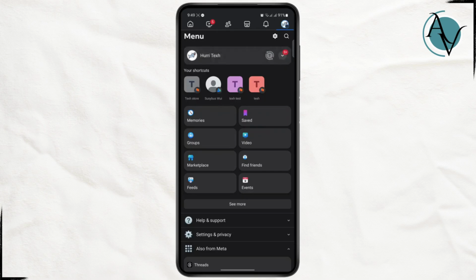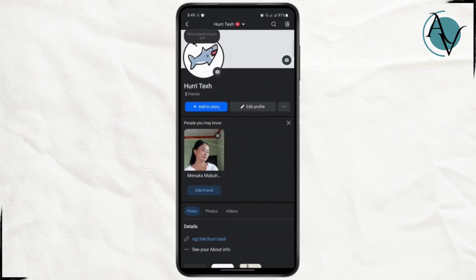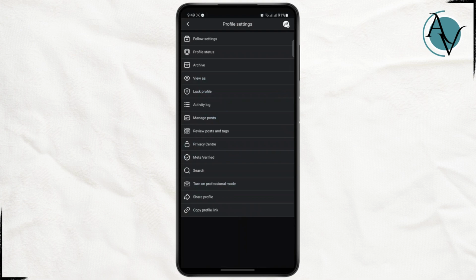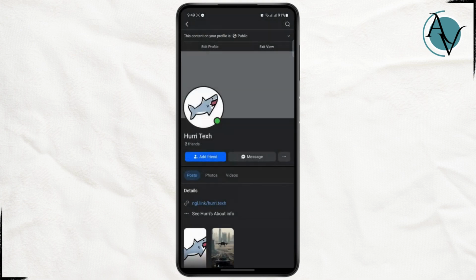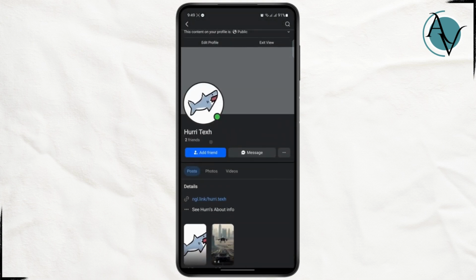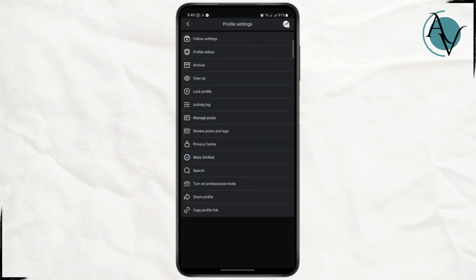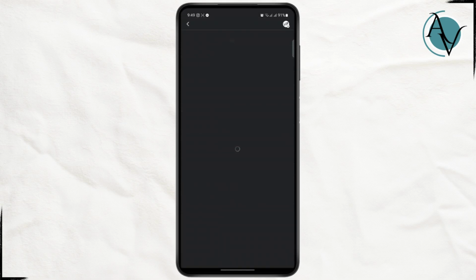So the first thing you need to do is open up your Facebook and then log into your account. Now if I just head over to my profile section right here, and then tap on view as, you can see here on my profile I have this add friend button, but if you want to change this to follow button and change every friend to a follower, what you need to do is change your follow